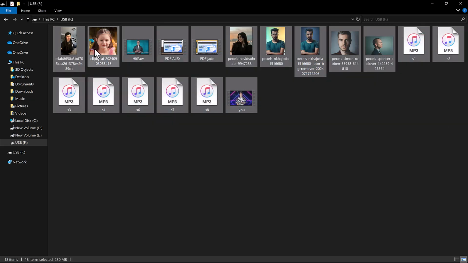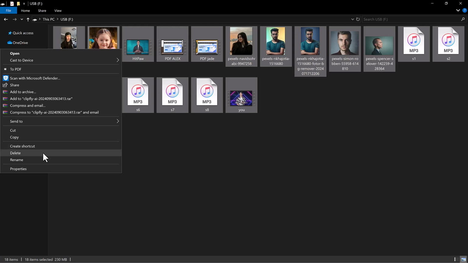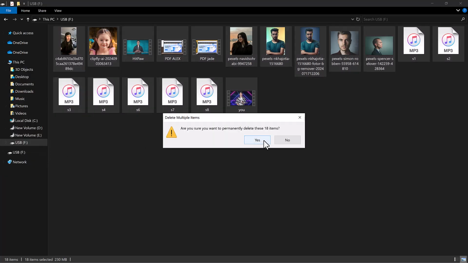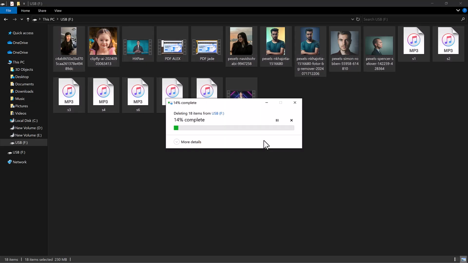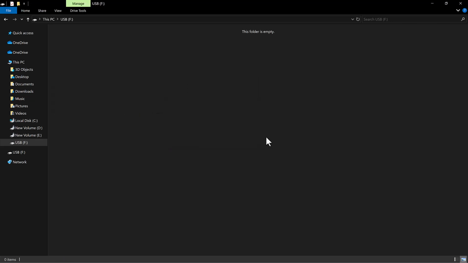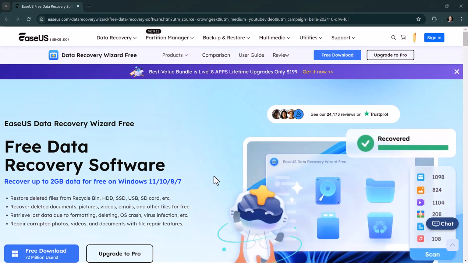Imagine losing all your precious photos, documents or videos. It is a nightmare, right? But what if there was a way to recover lost data? Yes, today we are going to dive into EaseUS Data Recovery Wizard, a powerful tool that can help you bring